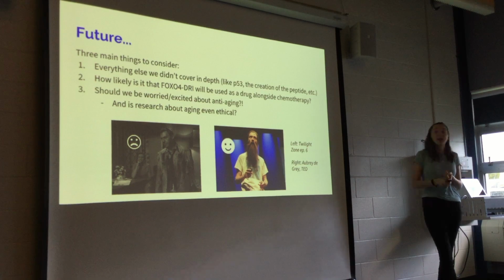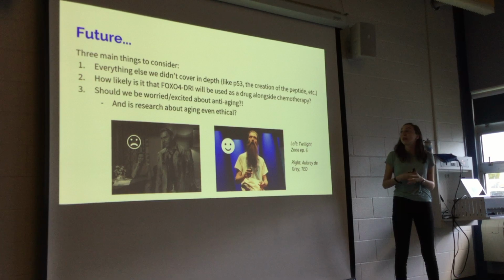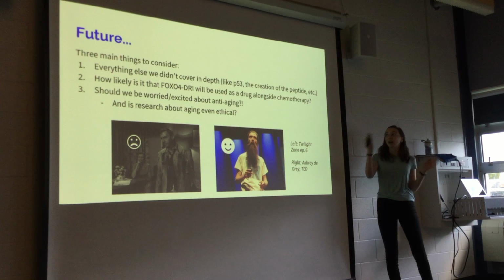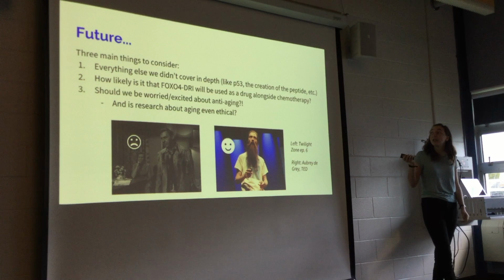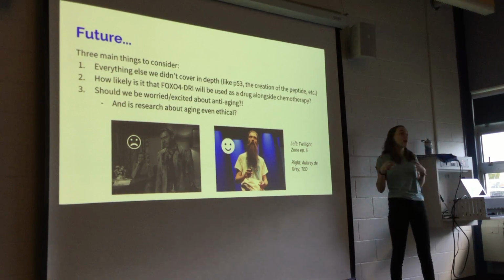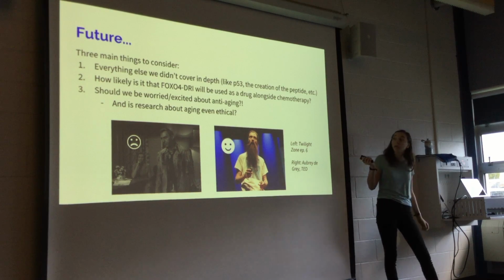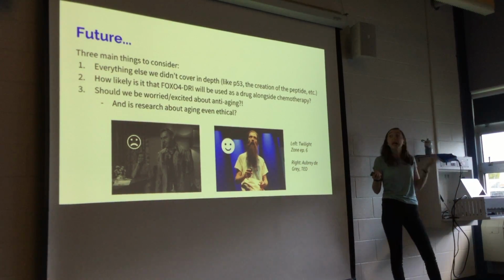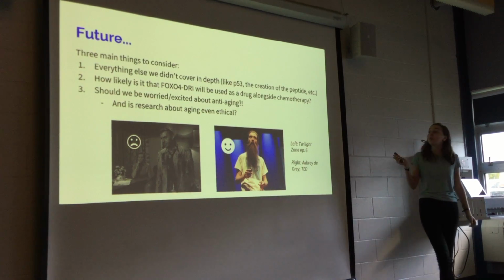So some things to consider. One, everything else we didn't get to cover today, just for time. They went into a lot of detail about how cells become senescent. I know we just covered that briefly, but they figured out a lot about the protein p53, how they created the peptide, and how senescent cells choose senescence over apoptosis. So this is really helpful for further research, because they pretty much unlocked a way to kill off senescent cells, they know how to do it, and they found out a lot about senescence. So that's really good and really important.